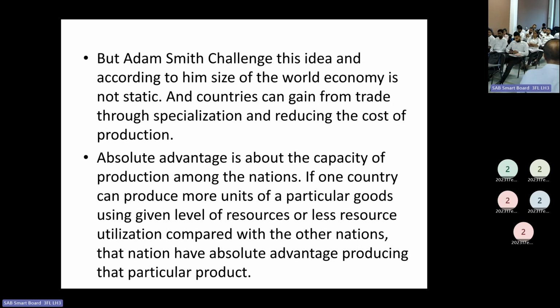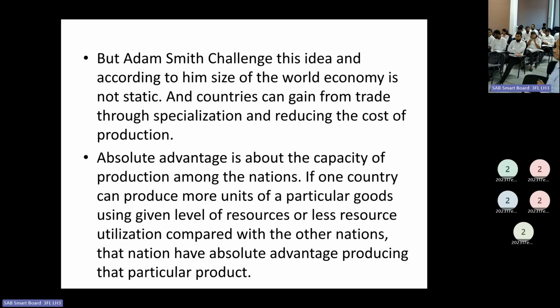We highlighted that the production function mainly depends on labor. That is the argument developed from here. Can you remember? We take the production as mainly depending on labor inputs, and capital is constant. So labor is the most important factor we highlighted in the production process. Here also we take labor as homogeneous. So here one country can produce more units of a particular good